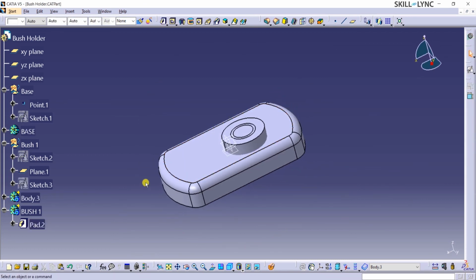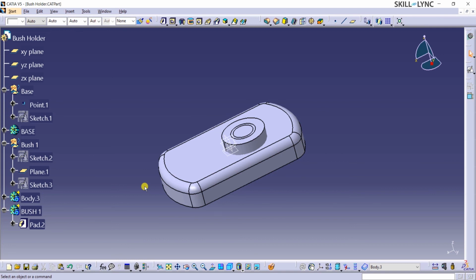As you can see, the cut on the top is still not seen in my solid part, as it is overlapping with the bush 1. CATIA has a toolbar called Boolean Operations, which has operations like add, subtract, intersect, union trim, assemble, and remove lump. When you are working with complex parts, Boolean operations help reduce the rebuild time.